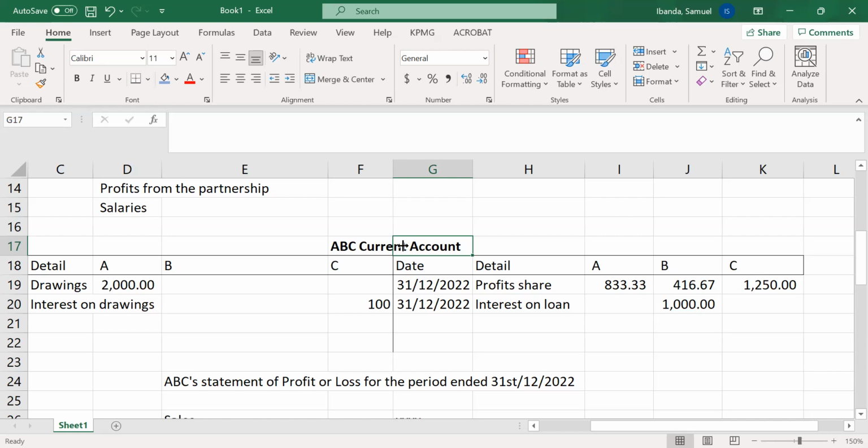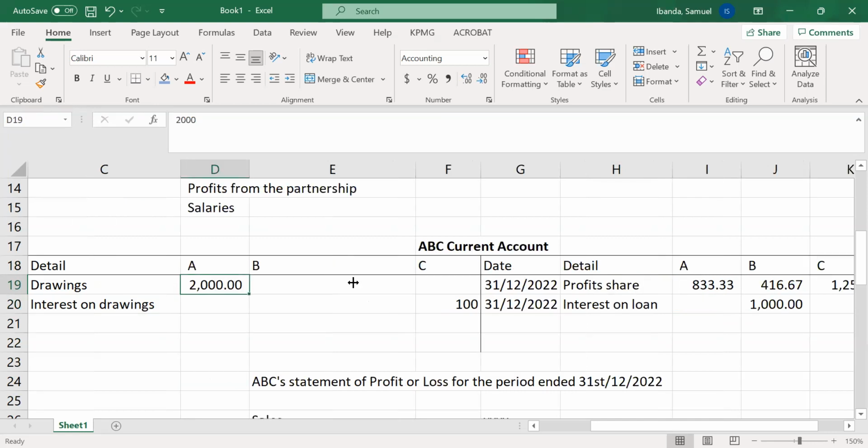And those cases come in when a given partner, for example partner A, when you compare what they got in terms of profit share vis-a-vis what they have either taken out of the business or interest on drawings and so on, you see that it is more on this side, like we are saying 2,000 on this side, and on this other side, it is